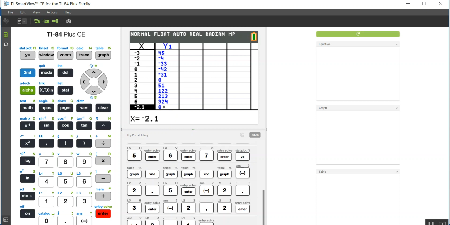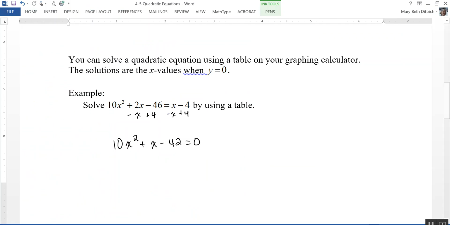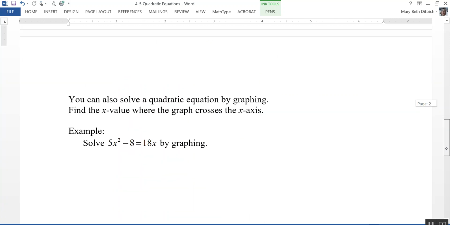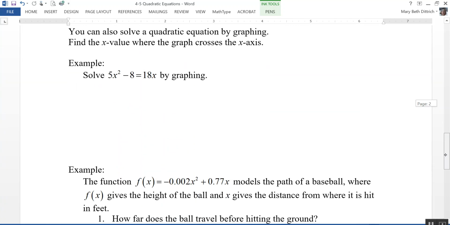And sure enough, that gives me my 0. So my two zeros from the table are going to be x equals 2 and x equals negative 2.1. Now, to be honest, solving a quadratic equation using a table is not super precise. Probably factoring is one of the best ways. There are also other ways, but let's take a look now at how we can solve a quadratic equation by